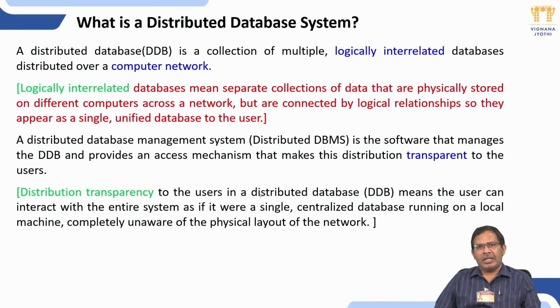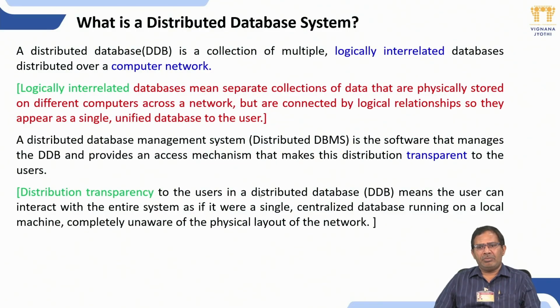Logically interrelated databases means the data belongs to a particular context. For example, in an employee database, employee, project, assignment, and budget are all derived from the employee database. The submodules of this database are logically connected,